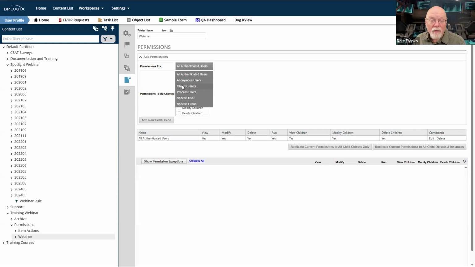In the case of a form instance, it will be the user who submitted the form and created the form instance. They become the object creator. Technically, if there's a process associated with that form, which there most likely is, they would be the object creator of that process instance too. So object creator always points to the user who created the object.